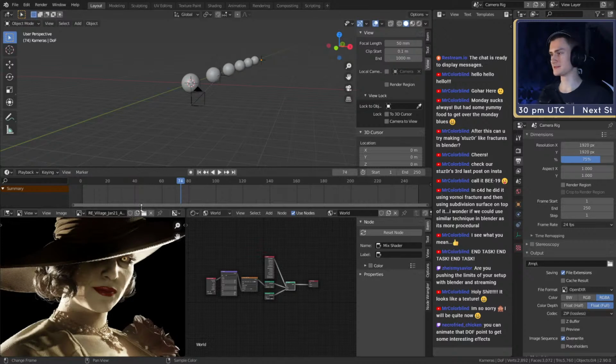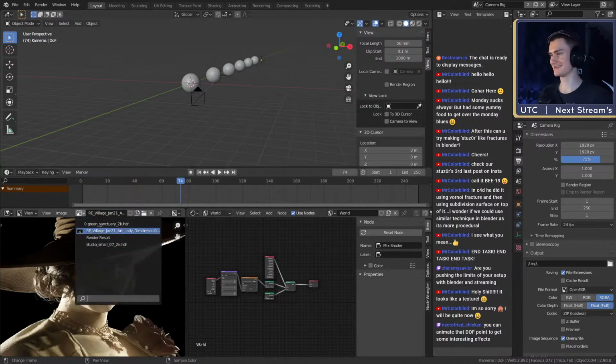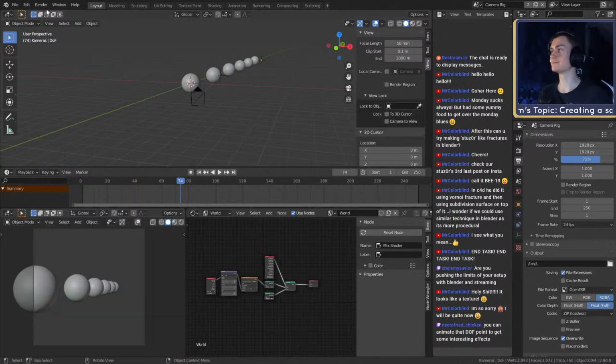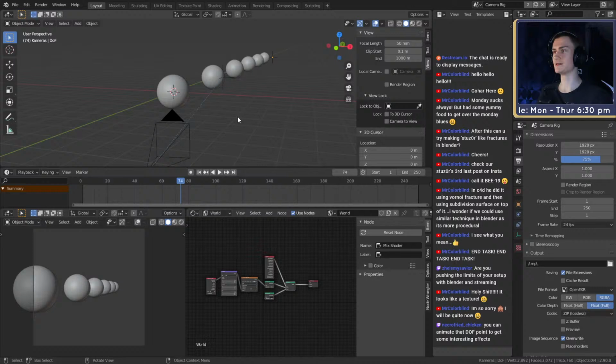Let me remove this image. This is too distracting. Okay. Perfect. We can remove this Photoshop file. Okay, perfect. Okay. Record, and there we go.